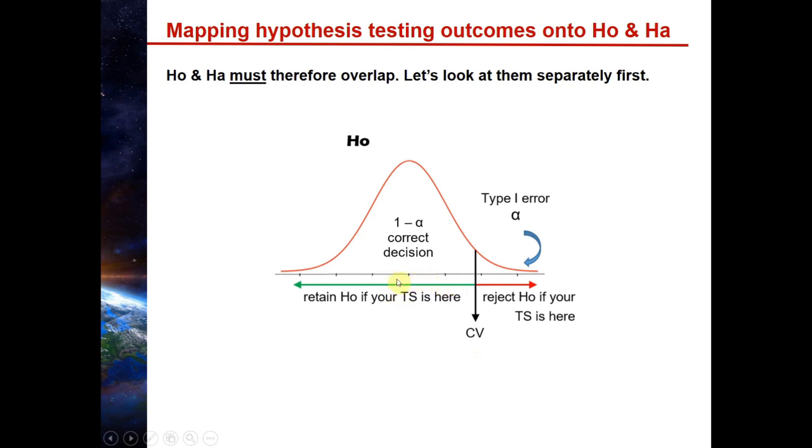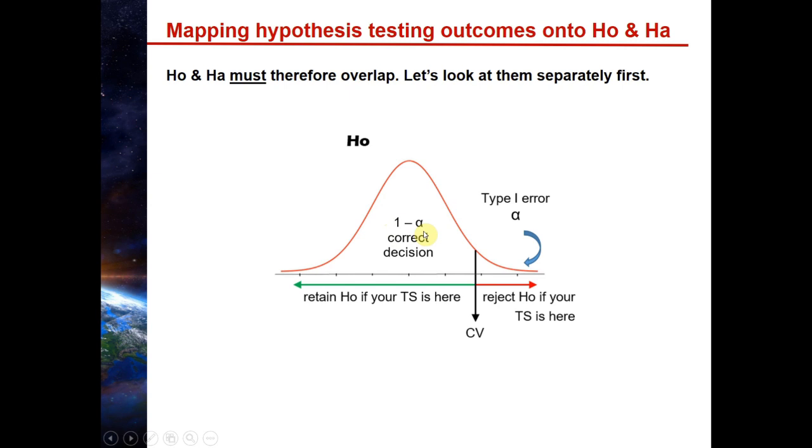Your TS was smaller than the CV. So you did not reject H0, you retained it. And if you retained it, and in fact it was a correct decision, that area is measured by 1 minus